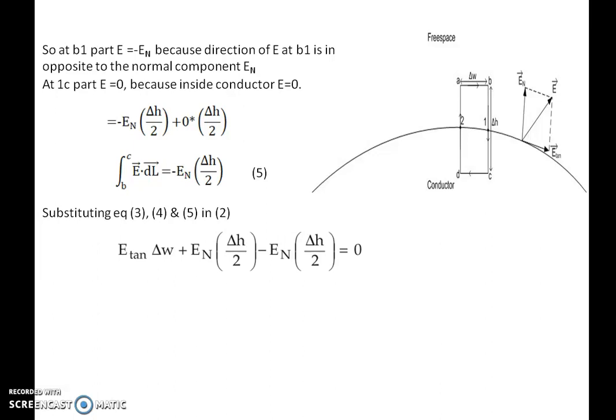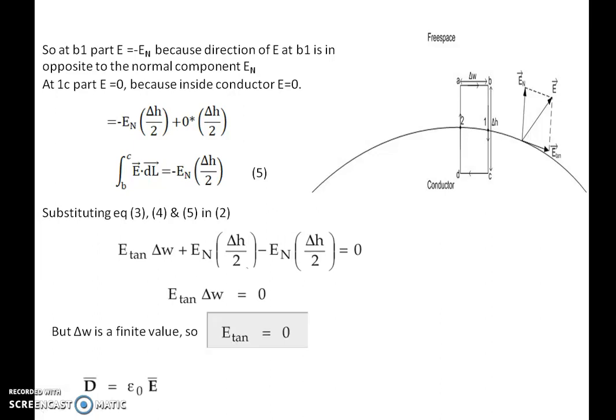Simplifying this, we get E tan into delta W equal to 0. But delta W cannot be 0, it is a particular finite value. So we can write that the tangential component of the field is equal to 0. This is the tangential component of the field. Similarly, the tangential component of D can be written using the relation between D and E: D tan is equal to epsilon naught into E tan, which is equal to 0. So these are the tangential components of field and flux density at the boundary. And next we will see